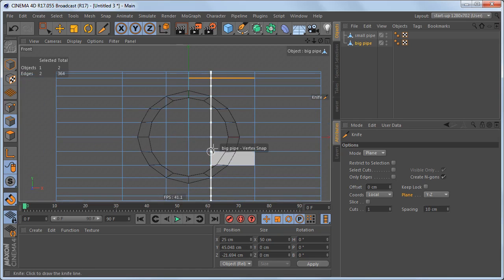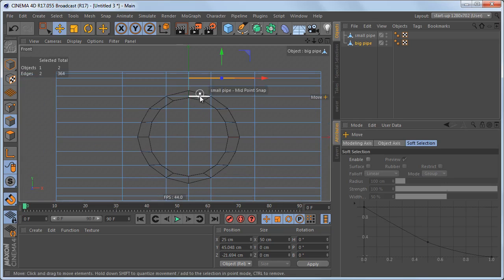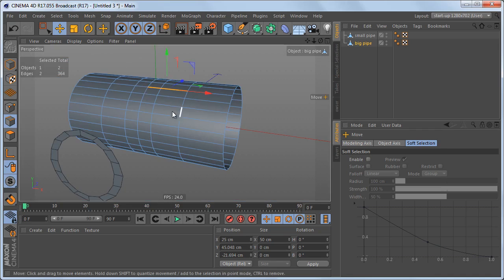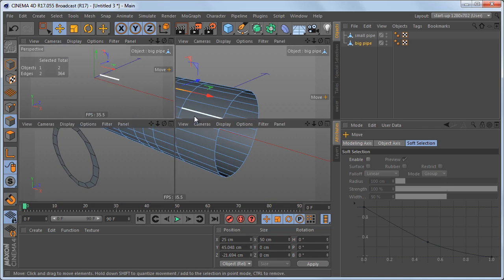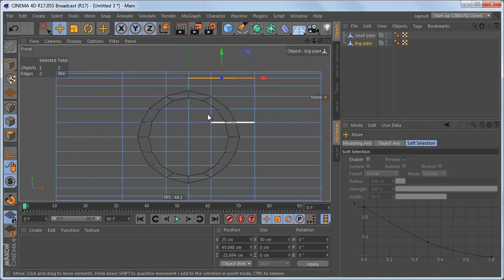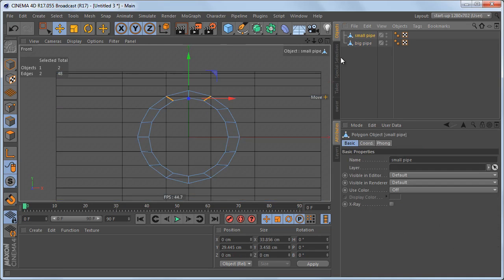So the next question is, how do we get this geometry of the small pipe onto the big pipe? And we can do that pretty easily by projecting the geometry of the small pipe onto the big pipe. And there's two things we have to bear in mind when we do that. First of all, this object here has to be in front of the pipe. And second, we have to do this in the front view, and we have to select the small pipe, and